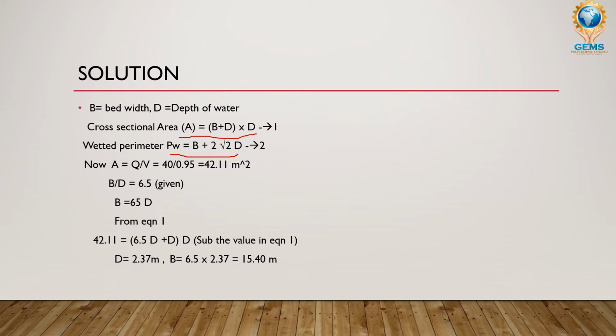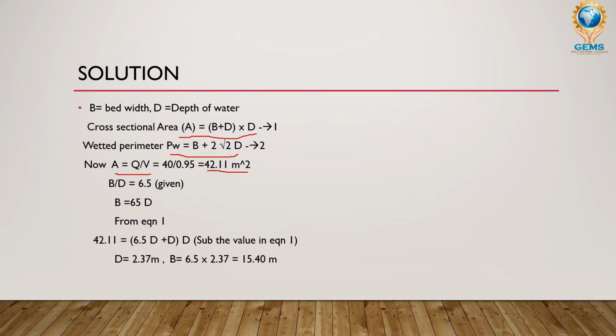Okay, up to which the canal is wetted, so that value is taken as the wetted perimeter, PW. We are going to find that. You know A is equal to Q by V, which is discharge by velocity. Q you know from the problem, that is 40, and the V you know that is 0.95.